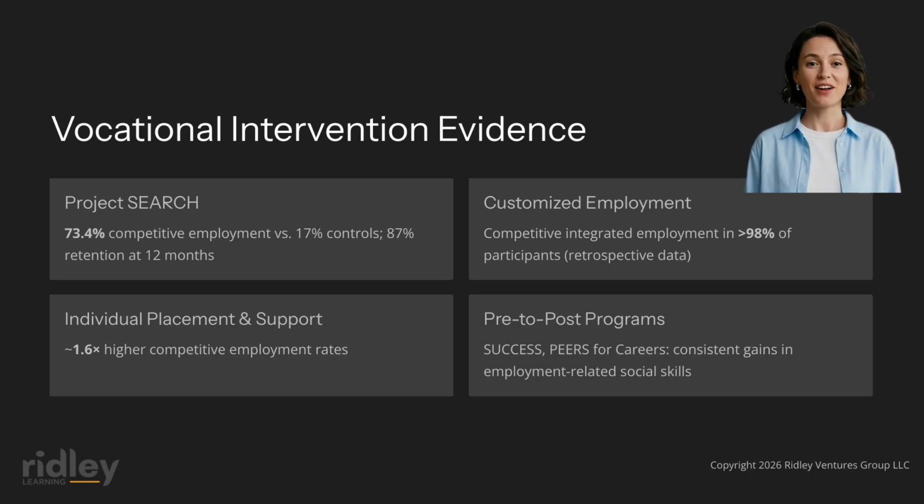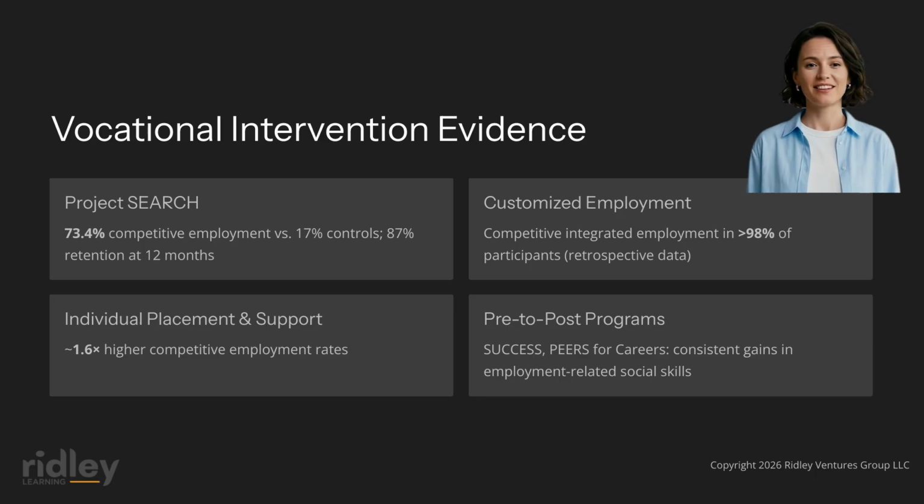The evidence base for vocational intervention, however, is strong. Project Search with autism-specific supports is the most rigorously tested program in this literature and has produced competitive employment rates of 73.4% in a multi-site randomized trial versus 17% among controls. That's a more than fourfold difference, with 87% retention at 12 months and mean weekly hours and wages at clinically